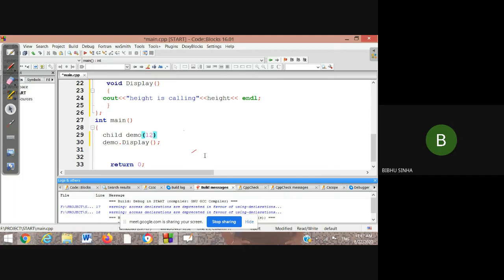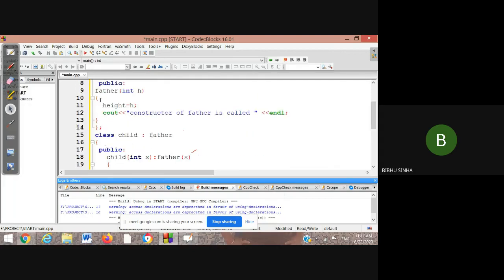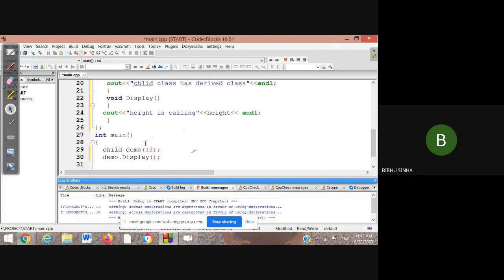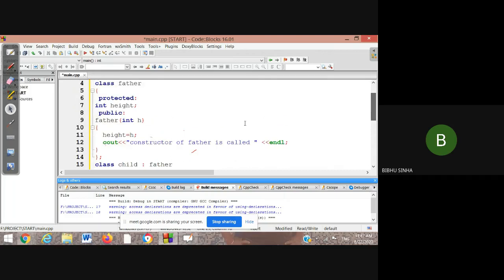Now demo.display, this is the constructor. We know that if an object is created, by default the base class constructor will be called first. So the base class constructor is initialized with your value, which is 12, right? So 12 is going to initialize.